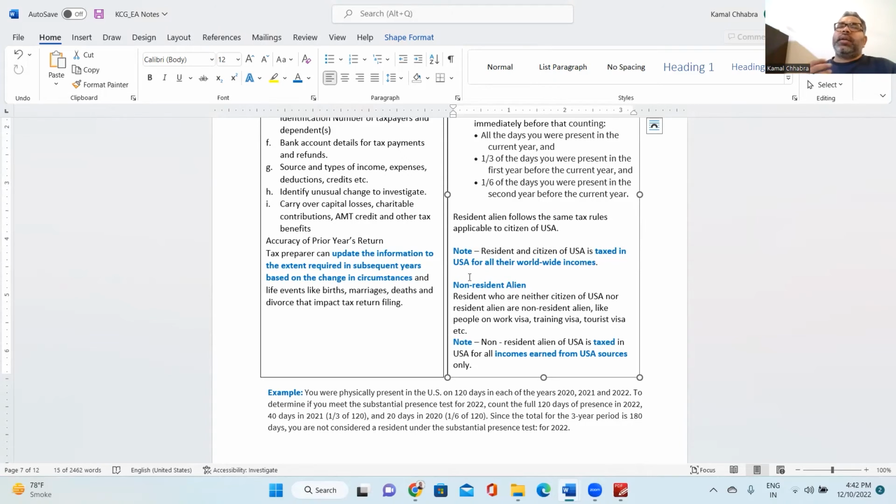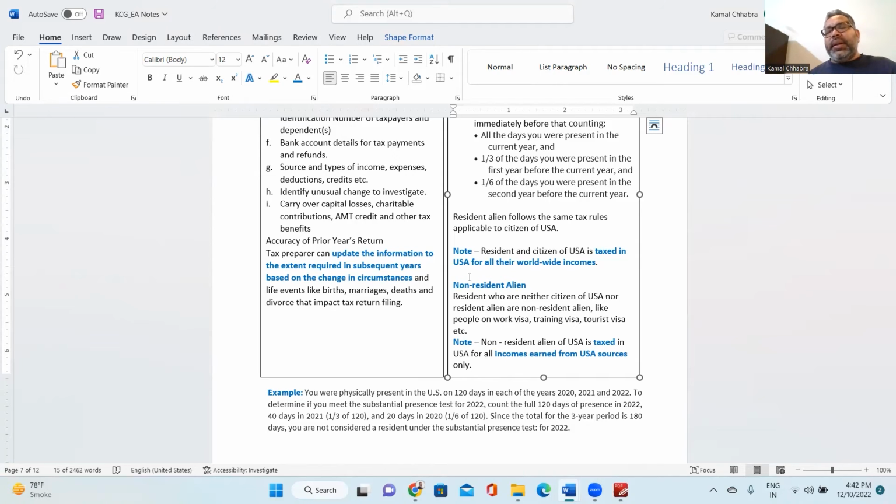For example, you are earning some income in the US, and then you have some business in China, in India, in Europe, or certain royalties coming from Australia, right? So all the worldwide income will be taxed in the United States of America, but you will